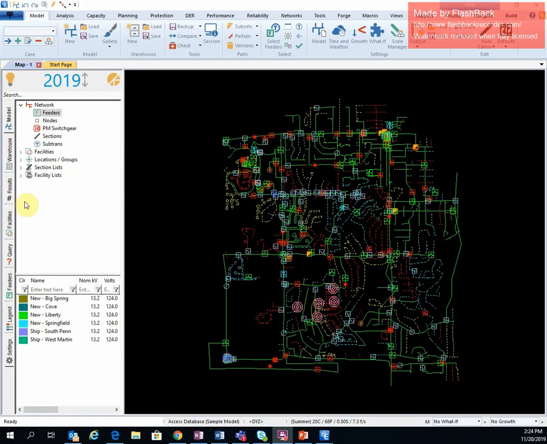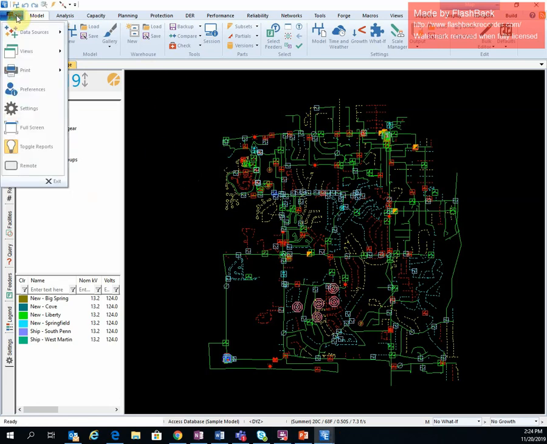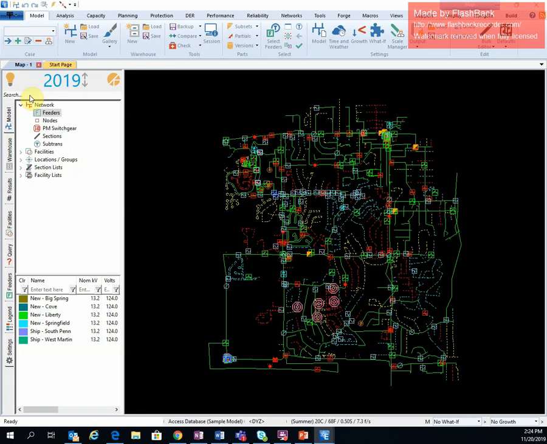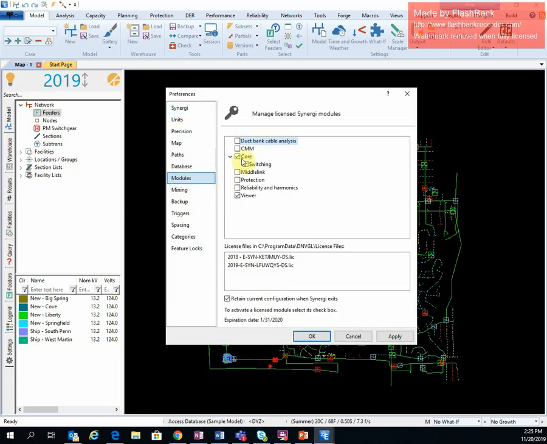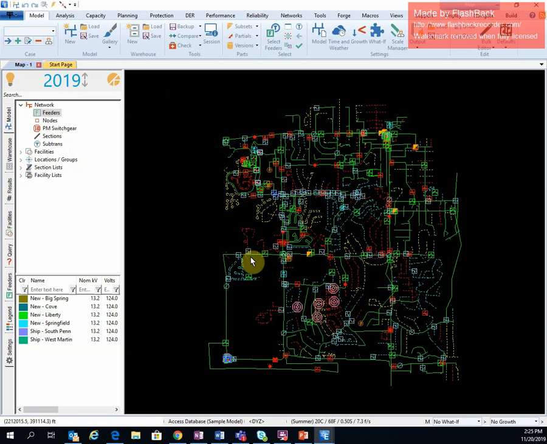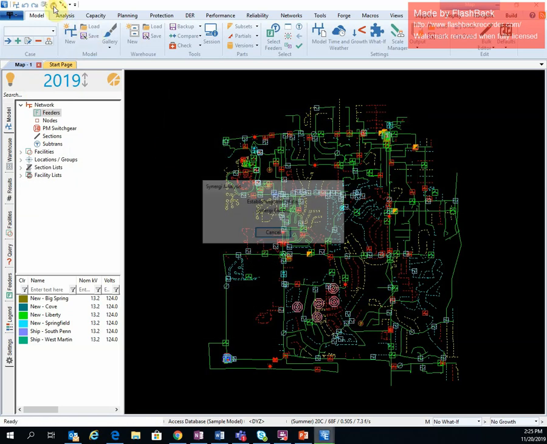Okay, I have Synergi opened up here and I have a fully licensed module here, and I can tell that by going into the Power Pole, clicking on Preferences, and clicking on Modules. I can see that I have the core license checked, and I also have the viewer checked. So this would be your default setting. What I'm going to do is I'm just going to run a load flow,